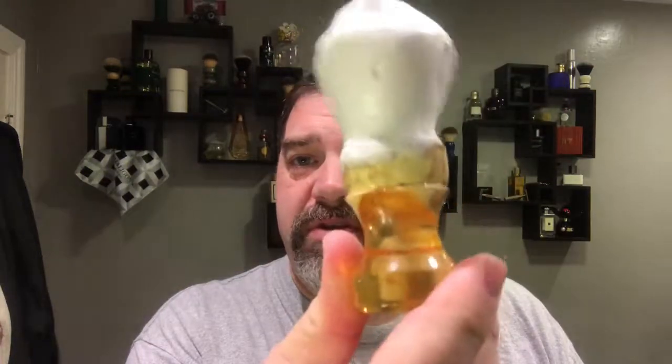I'm going to be using the Sorrentino. I call it the Oregon State brush after my alma mater, Oregon State. We're going to be using CBL Russian tea. I'll tell you, I guess this is Dave in Kentucky week here or something like that. The reason I picked this soap is I wanted something that I knew wouldn't leave behind a residual scent. Like I said, most of my soaps, my experience is they don't, but